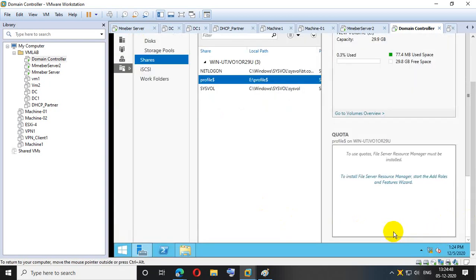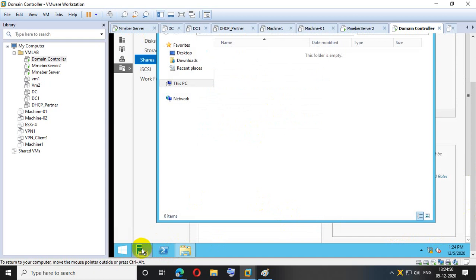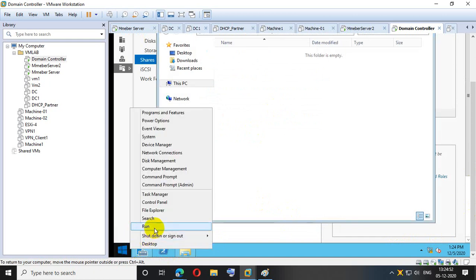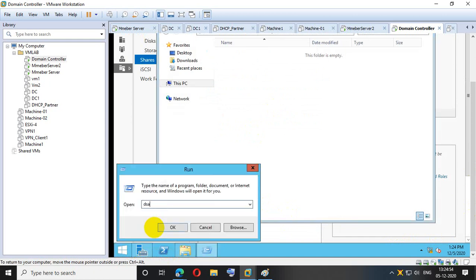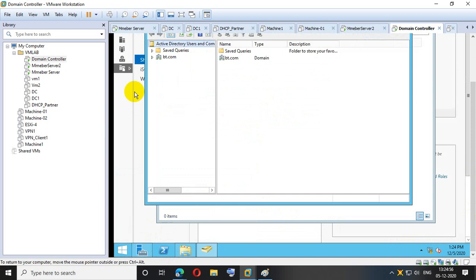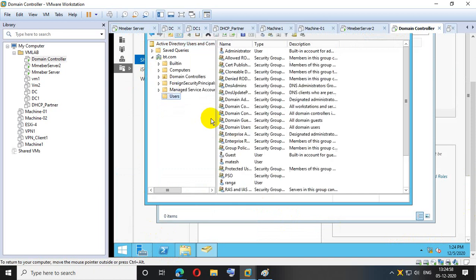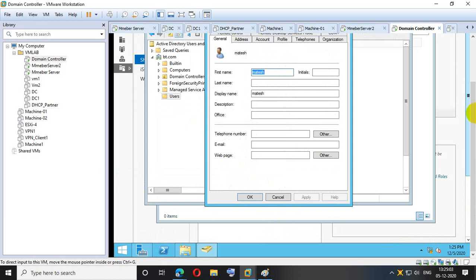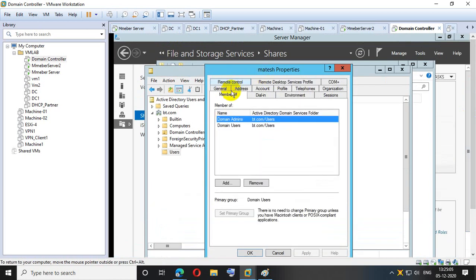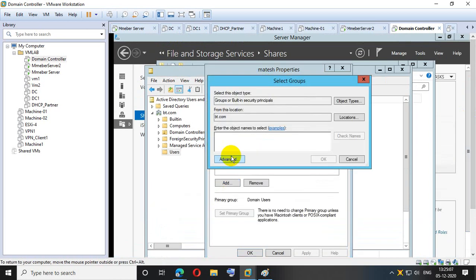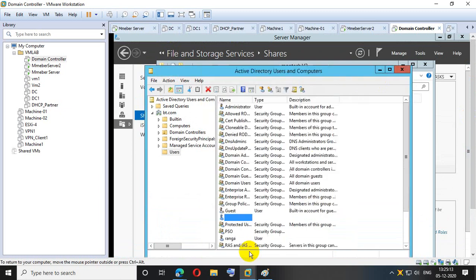Apply. Okay. Now do one thing. I'm adding Mantesh into the RPO group. Now Mantesh is a part of the RPO group.